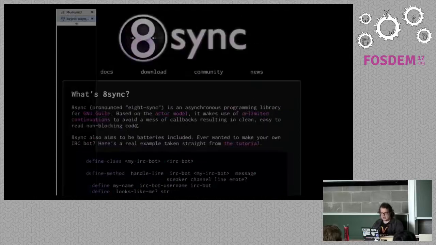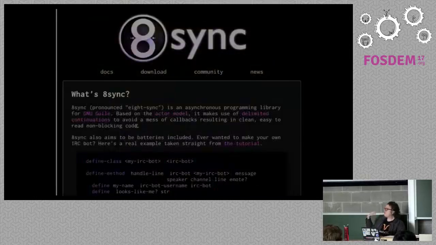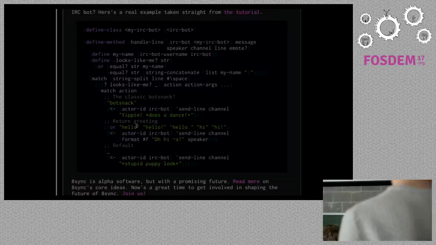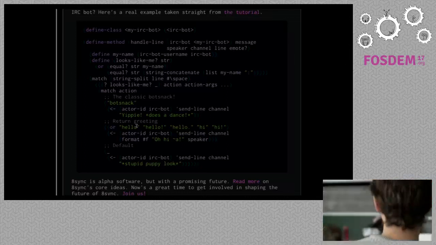8sync uses the actor model as its idea of how to do asynchronous communication. This example just starts up one IRC bot. But what's a more fun example, since actors are supposed to involve lots of things running around, where we can have many, many crazy things going on? By the way, very soon people will be able to connect to the game I'm going to be running. So if you want to pull out your laptops, now is a good time, because in about 10 minutes, we're all going to be able to go crazy.